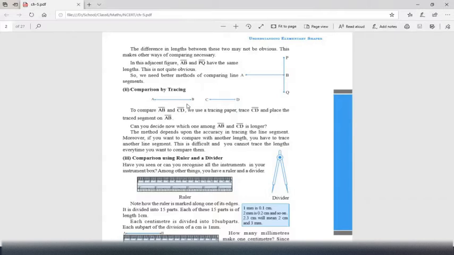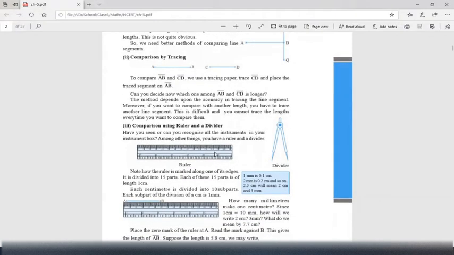So you will draw the same line of the same length. And then it is saying you put it on the different line where the second line is to be measured. You keep it near it, above or below, so that you can see exactly which is bigger. So you can use tracing paper to trace one line and bring it to the second line to compare. But as we know, if you know the measurement on a scale, it is easy and fast also to measure. You don't have to draw anything. You only have to read and measure and read correctly. So that was comparison by tracing.